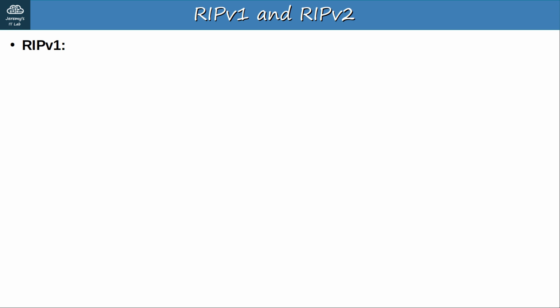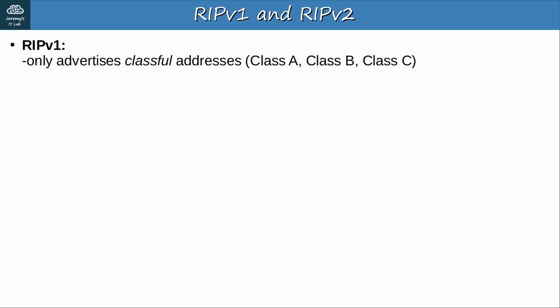RIPv1 is a very old protocol. Basically, if you're going to use RIP, don't use version 1. RIPv1 only advertises classful addresses, meaning Class A, Class B, and Class C. I taught you about classful addressing because it's important to understand, but in modern networks, the concept is no longer used. Because version 1 only supports classful addresses, it doesn't support things like VLSM and CIDR, which I covered in